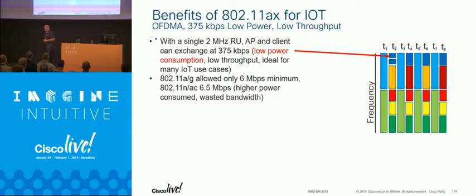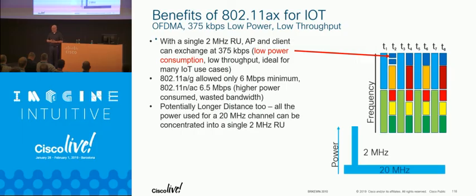But it's low power consumption too, because again, 2 megahertz costs me a lot less to modulate than a full wideband. And I only have to send my 2 megahertz or my 4 megahertz or whatever I've been assigned. So that contributes to battery life and makes a good argument, right? We were only allowed 6 megabits per second under any of the OFDM. That was the minimum data rate we could make, right? Well, with the RUs now, we can actually drop down. So we wasted a lot with the old stuff, right?